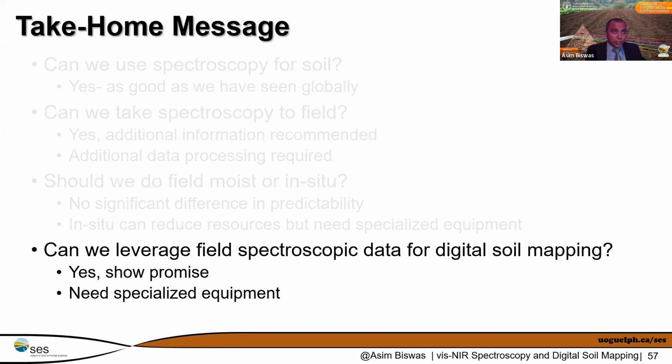We can actually intensify the data collection, intensify the number of data. But of course, as we go through the depth, more and more number of samples, more specialized equipment. So there is a call for generating that field portable or field suitable spectrometer that could actually help us collect